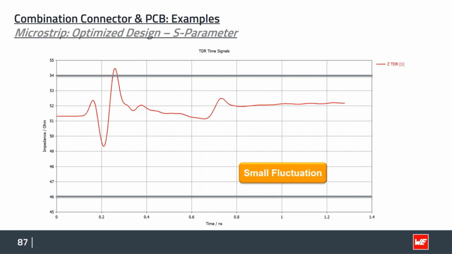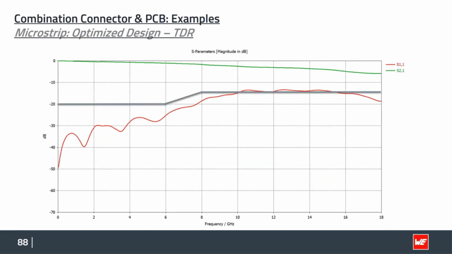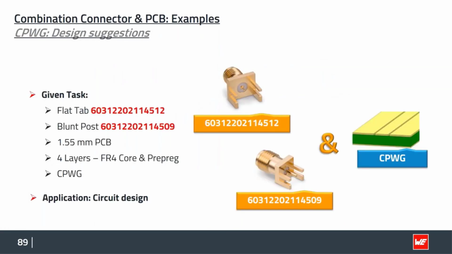nice. And if you look at the S parameter, we can see that we are now really going up. Of course, here's probably half a dB of mismatch, so we have a little bit of deviation. It's not perfect yet. There's still something to do, but you can see that with this tool, you can really optimize the performance of your connector, of your connection. So very helpful. In the next step, we will compare